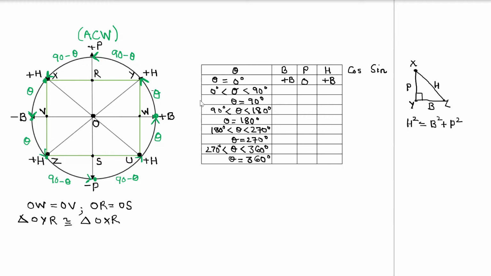So when theta is between 0 degrees and 90 degrees, we are talking about the first quadrant. Let me write down the first quadrant here. Analogously, this becomes my second quadrant. This becomes the third quadrant. This is decided by the value of theta. And if the value of theta is between 270 degrees and 360 degrees, we are talking about the fourth quadrant. Now quadrant, I am representing it by QD.